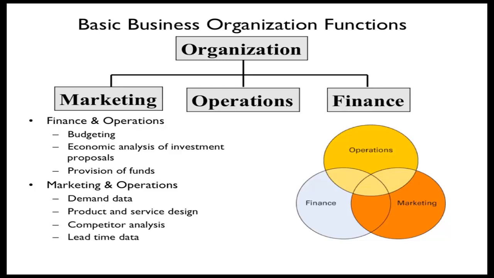Lead time data. So marketing is responsible for promising customers the product at a certain time, but they need to work with operations. Normally, when you place an order, we'll provide it in a week, but maybe operations has a backlog and they need to go tell marketing, the lead time for this is really going to be 2 weeks because we have too much to do.